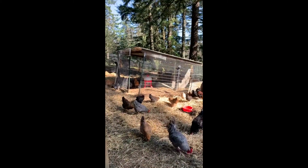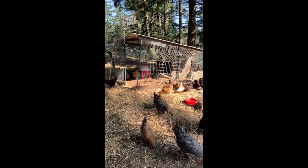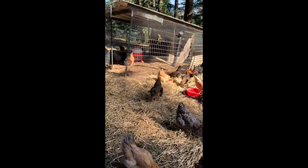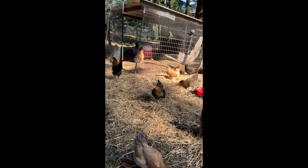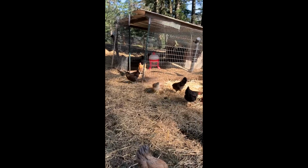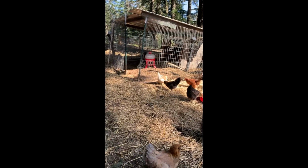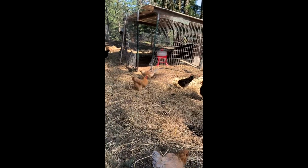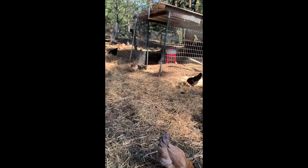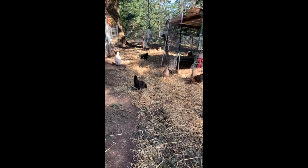So my meat birds, that's the Brother Chateau right there, and I am feeding my layers in there. I'm also feeding them in here. But in there I have the meat birds' troughs filled with feed for these guys because there's just so many of them and they eat a lot. So I have a couple places where they can eat and it keeps them happy. I also spread a couple of bales of hay around because they were getting antsy and flying out and looking for new places to roam. So now they're all interested in this, and hopefully